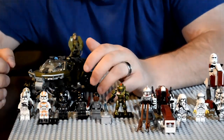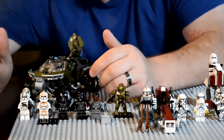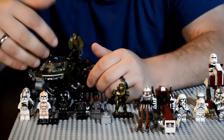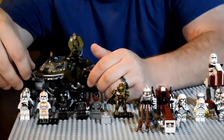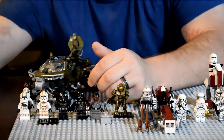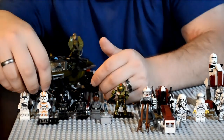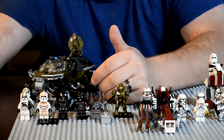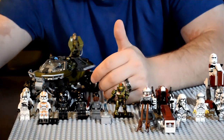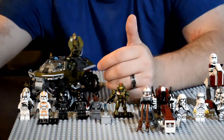So, first things first, we're going to talk about figures that have been released as recently as last summer in regards to the TIE Bomber and the ATTE released by Lego. Now, these figures look good. They are great. If you're trying to build an army, they're definitely something you should do. The ATTE is $129 retail, and it comes with 5 clone troopers and 2 battle droids. That's pretty solid. You get a Commander Cody. You also get a driver and 3 troopers. By most Lego